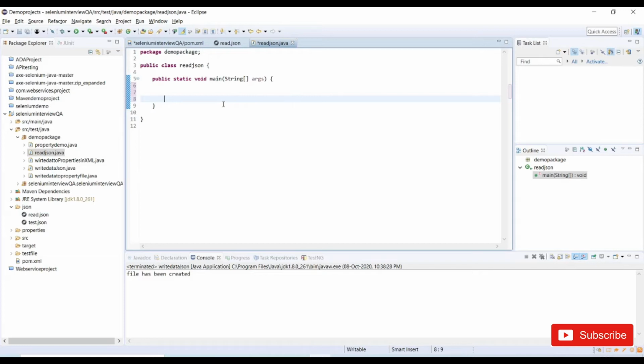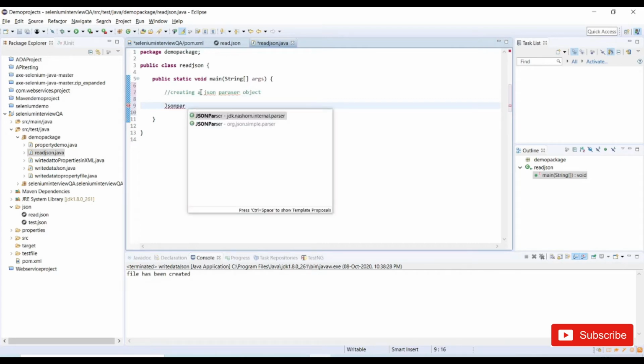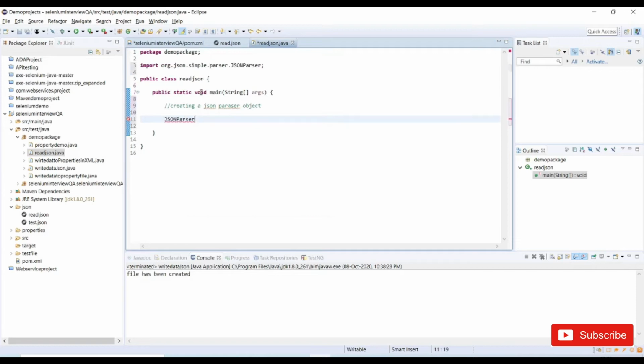Now we will be creating a JSON parser object. We need to parse the data, so for that, we need to create a JSON parser object. Creating a JSON parser object, which is nothing but JSONParser, from simple.parser.